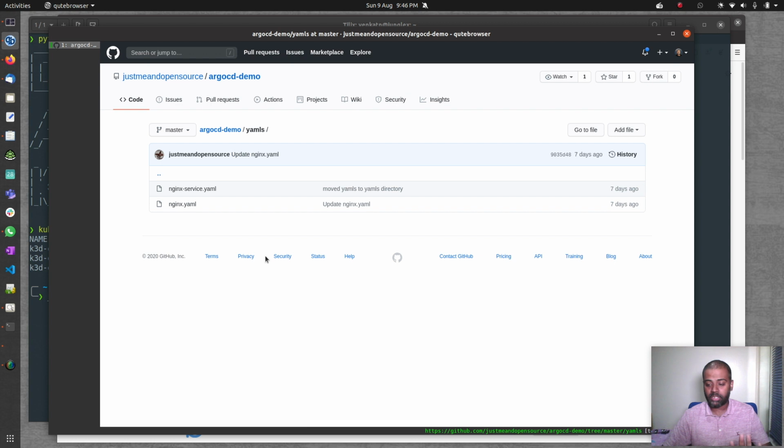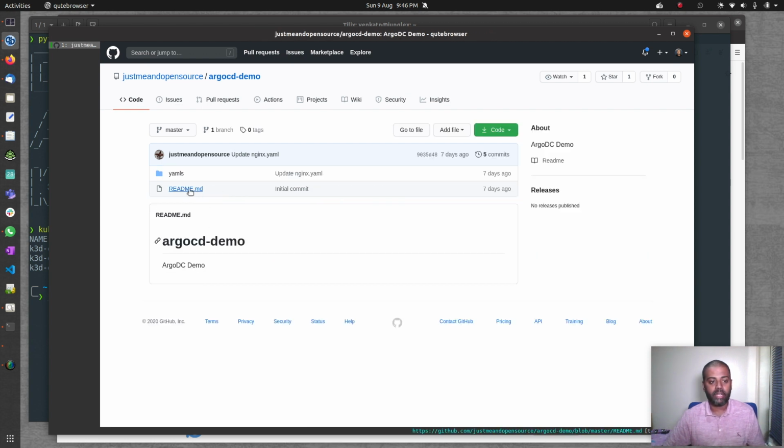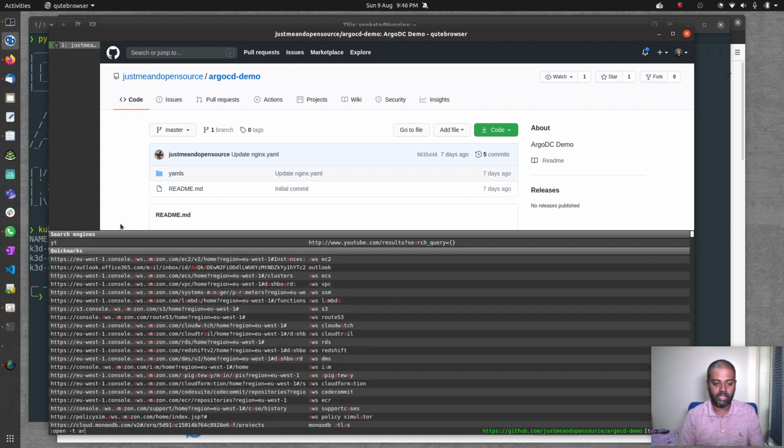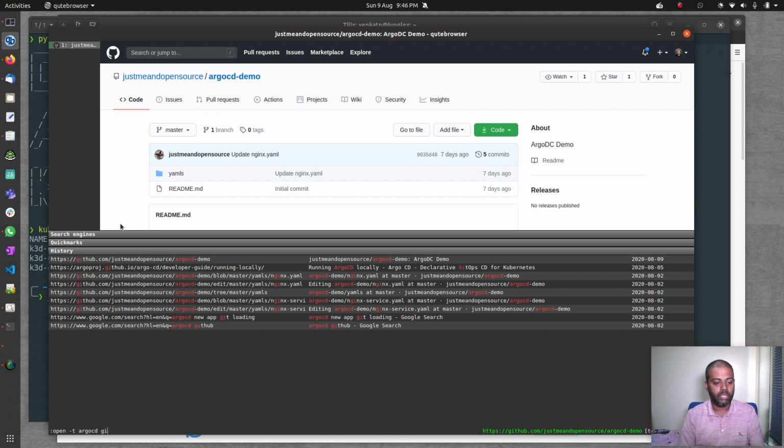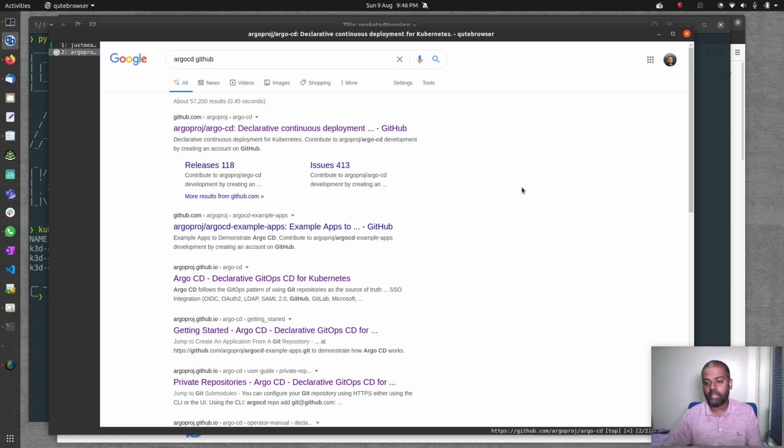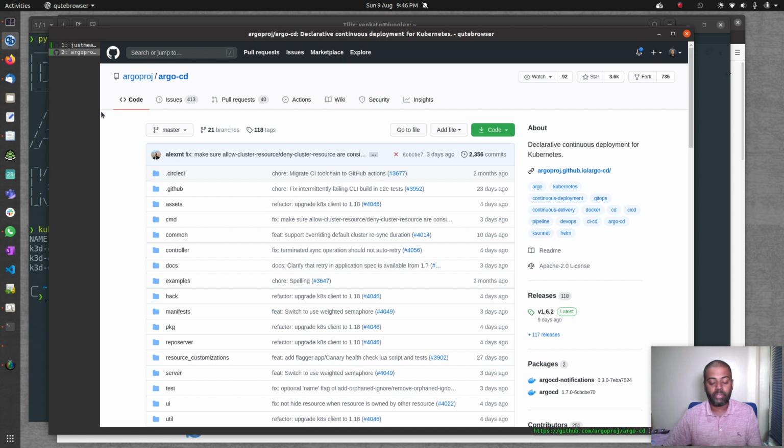So all I've got is just two manifest files, one for the deployment, one for the service, and it's in the YAML's directory in the root of my GitHub repository, Argo CD demo. Okay, so that's my GitHub repository where I've defined the application that I want to deploy using Argo CD. That's looking good. So now what we're going to do is we're going to deploy Argo CD in our Kubernetes cluster. So let me search Argo CD in GitHub, Argo CD, and the latest release as of recording this video